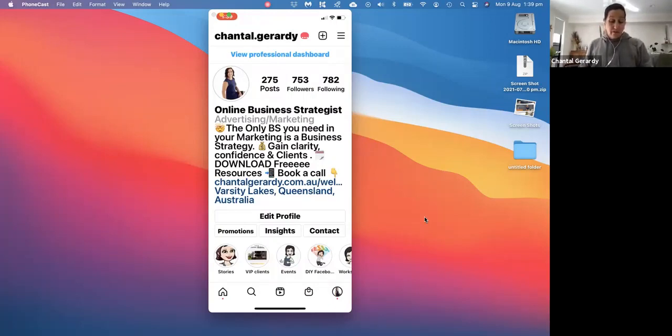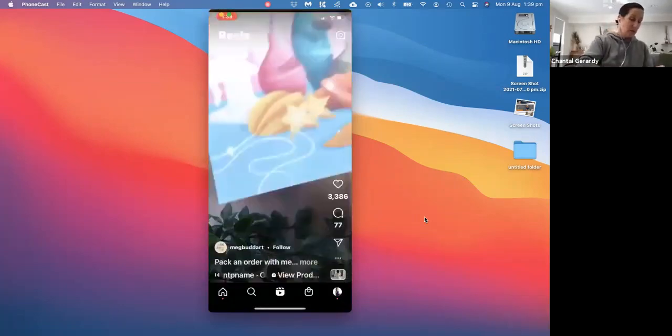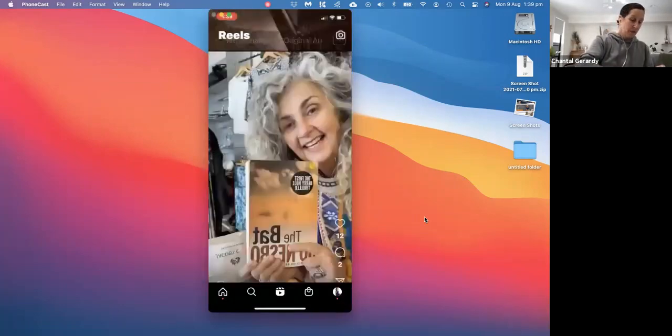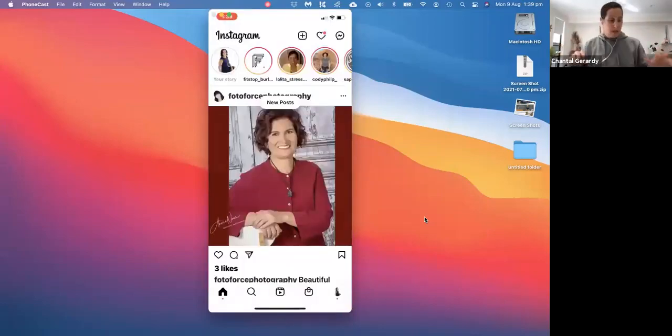So that's Instagram Reels, okay? And as I said, it has its own feed. So down at the bottom, that's the feed for Instagram Reels. That's where you find them over there. It's on a different timeline. Now,